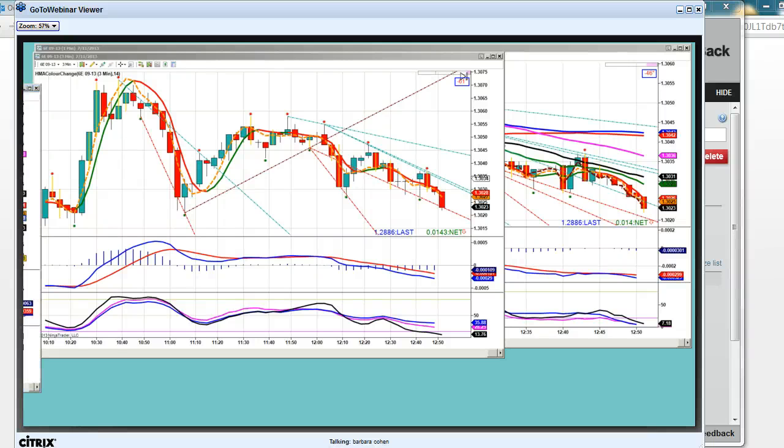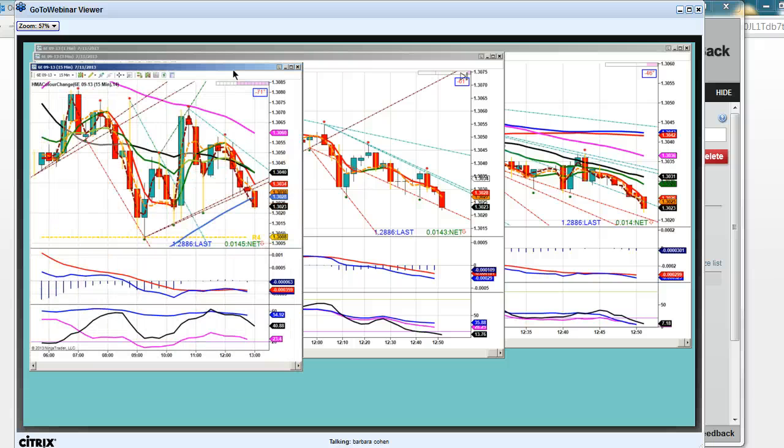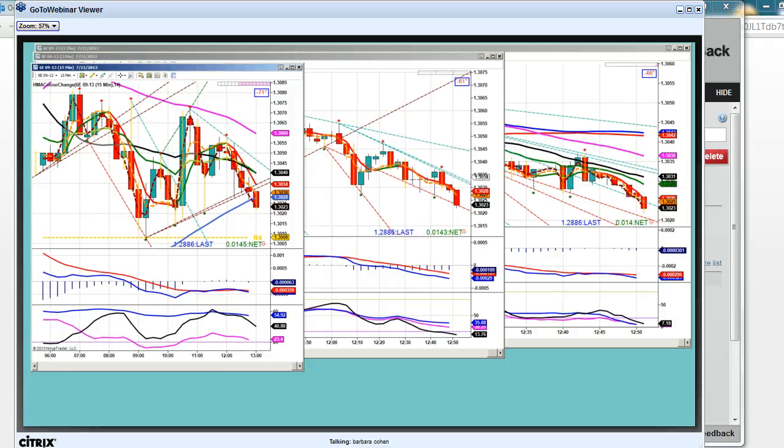So here I have the euro. This is today's market. And the reason why I'm showing you on the replay is because I want to give you an example why I think it's more important to have two accounts to divide your risk. There's two ways to look at this.